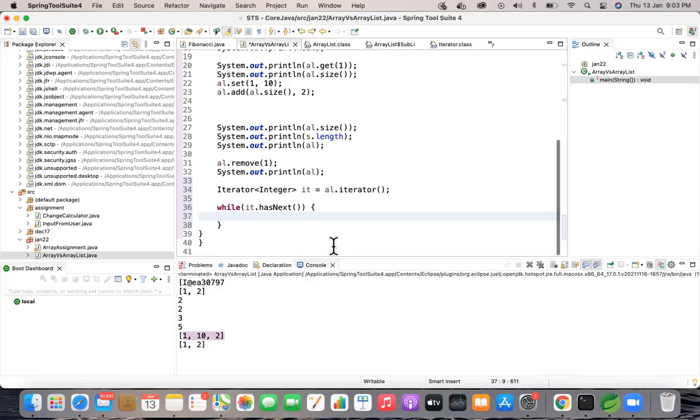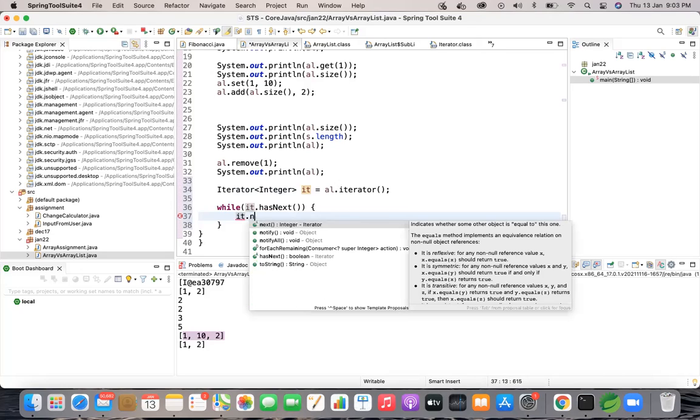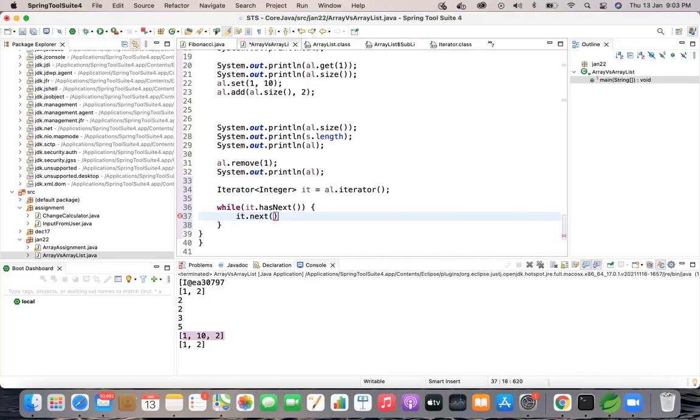And now if it's true, I'm going to get the data based on the object itr using the next method. So itr dot next. We need to print this? Yeah, we'll print it out. So just print it out with sysout.